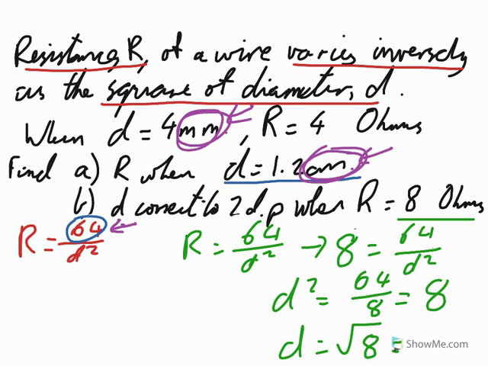Now, the thing we need to look at is, it says correct to 2 decimal places, and that's another thing that they're fussy about, specialists next year, is that you give your answer in the form that it's required. In this case, it is required correct to 2 decimal places. So if you put square root 8, or even simplify it to 2 root 2, and leave that as your answer, you will not get full marks. So you have to get your calculator out, and you have to do square root of 8, and when you do that you get quite a few decimal places,